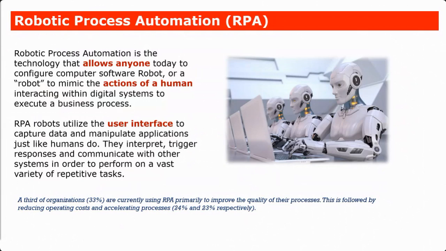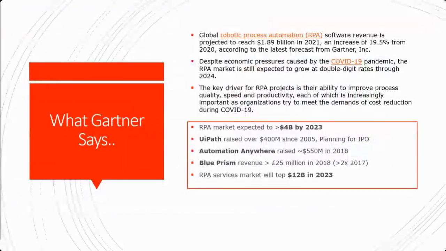If we talk about how RPA has been adopted across the organization, we can see that 33% of the organizations across the globe are currently using RPA, or they're planning to increase the use of RPA in the next couple of months. That's what Gartner has said. Gartner is basically an organization which takes care of a lot of surveys, correspondents and reports to understand the use of tools and technology across the globe. And Gartner has predicted that the RPA market is going to increase its footprint across the globe by 4 billion by